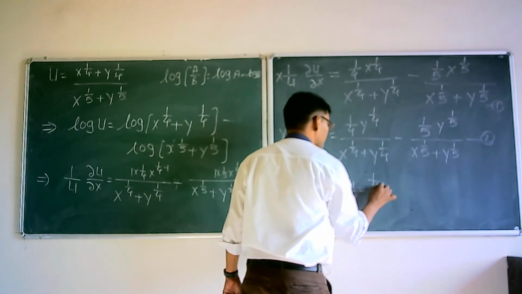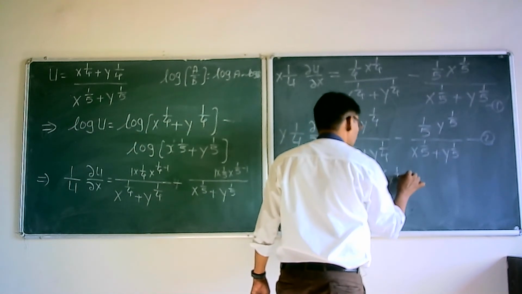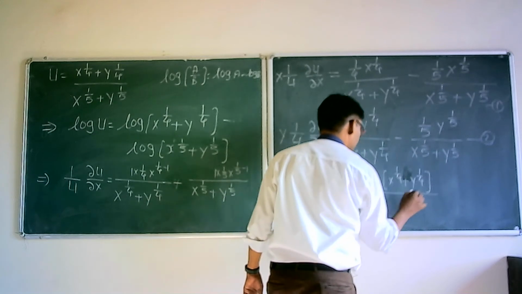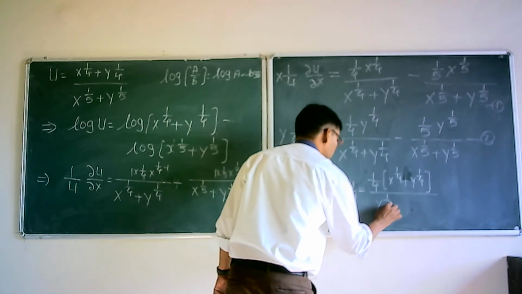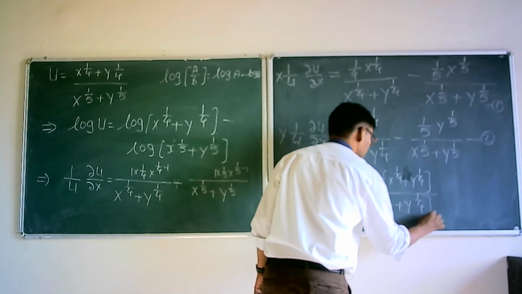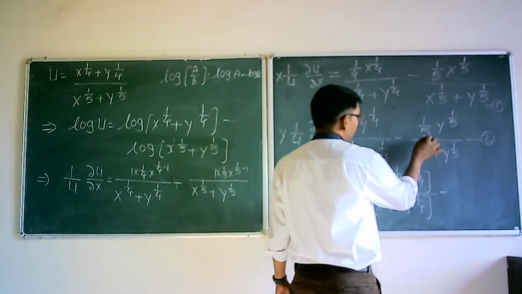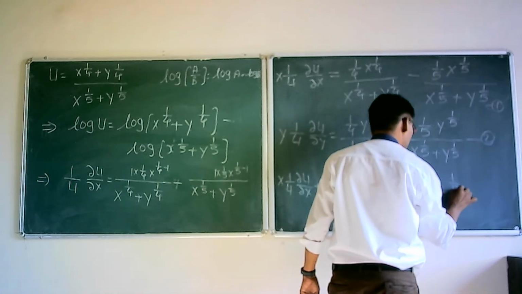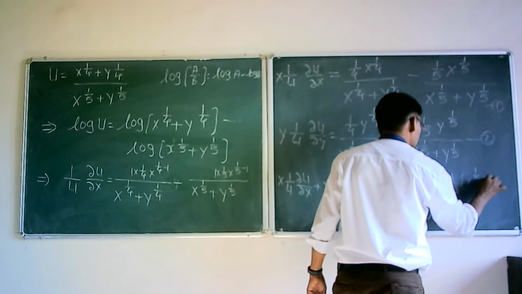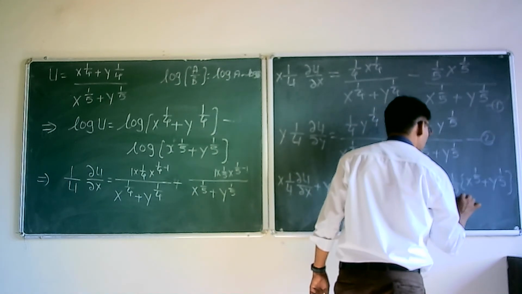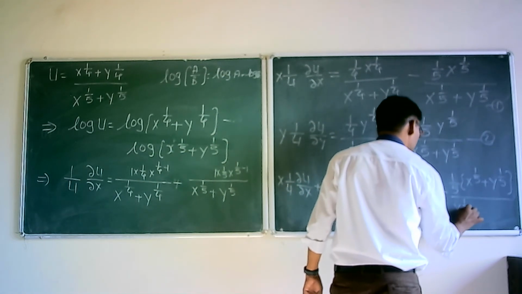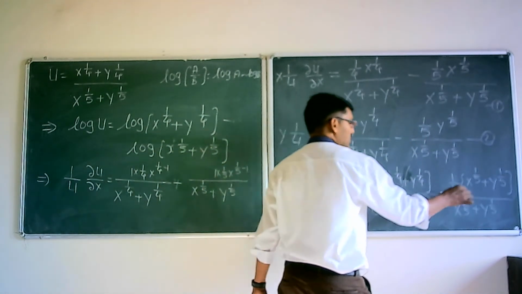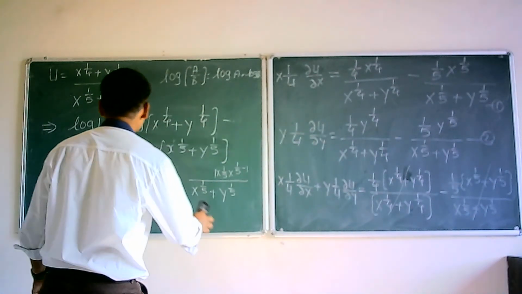It is 1 by 4, x raised to 1 by 4 plus y raised to 1 by 4 divided by x raised to 1 by 4 plus y raised to 1 by 4, minus, again for the second term the denominator is the same, so we can add the numerators, 1 by 5 outside, x raised to 1 by 5 plus y raised to 1 by 5 divided by x raised to 1 by 5 plus y raised to 1 by 5. So what happened here? This term will get cancelled here, this term will get cancelled here, and